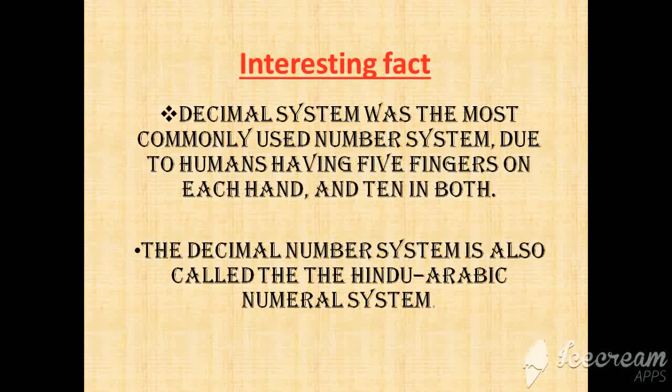We have done all the things about number systems. Let's discuss some interesting facts about the decimal number system that we are using. You know why we are using the decimal number system? Because it is in our favor. Humans have 5 fingers on each hand, so 10 fingers. And just think, the decimal number system has 10 digits, so it is easier for us to count. That is why we have adopted the decimal number system. Is it interesting? Have you ever tried relating this? You have 10 fingers, that is why we are using the decimal number system.